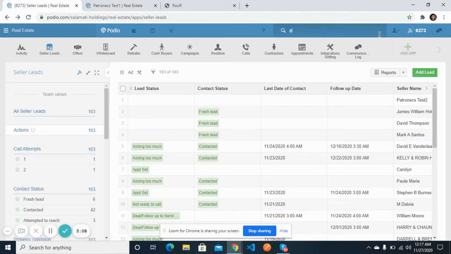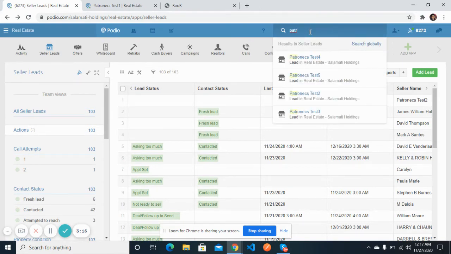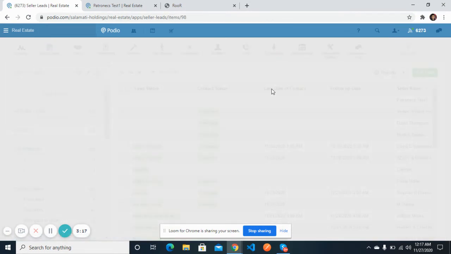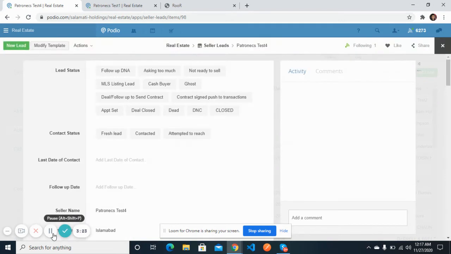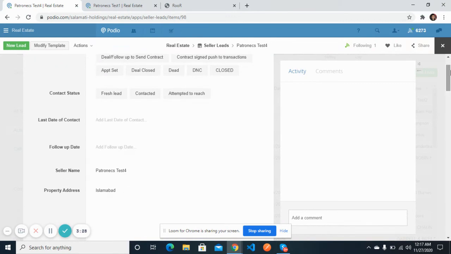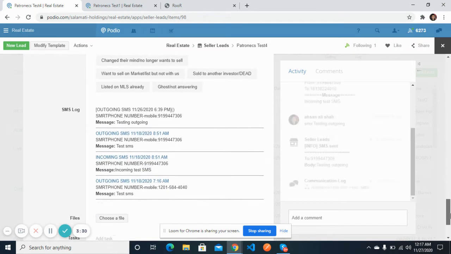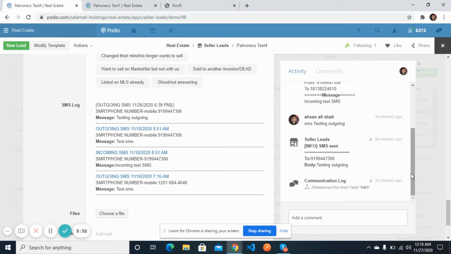If I go to the seller leads app, let me open one of the testing leads. Once a lead has been moved inside the seller leads app, here you can send SMS by typing SMS colon and then the message that you want to send, and then clicking enter.